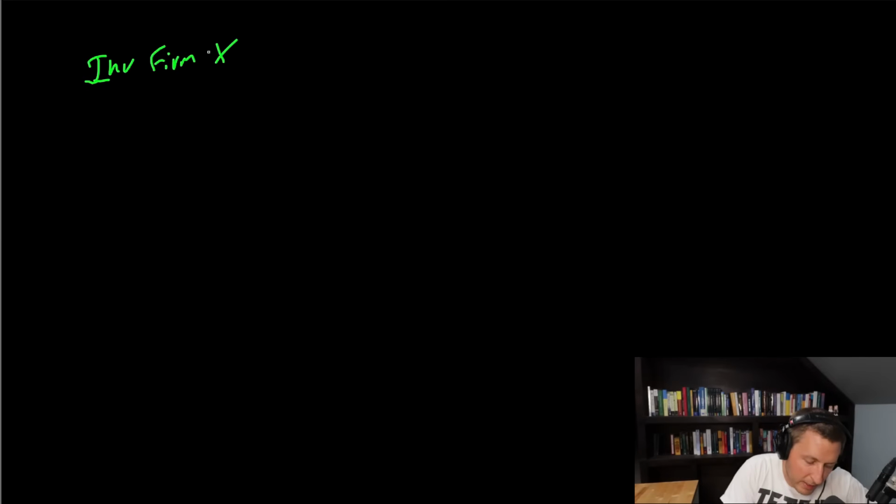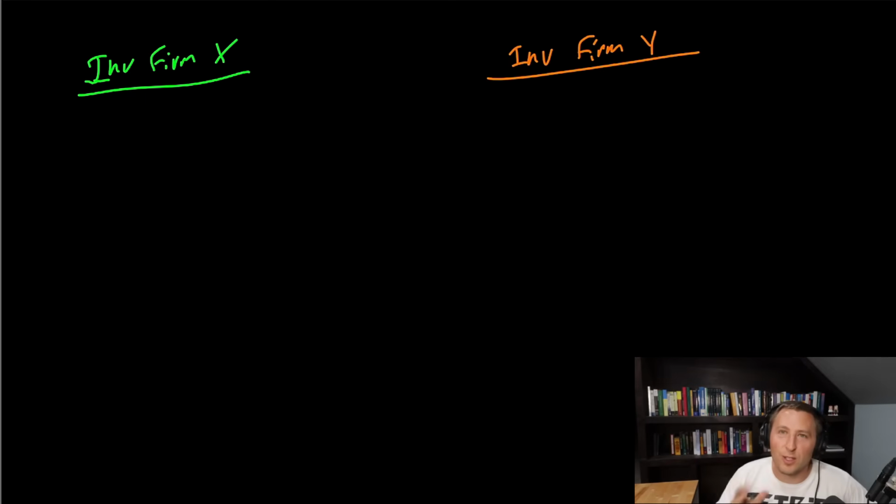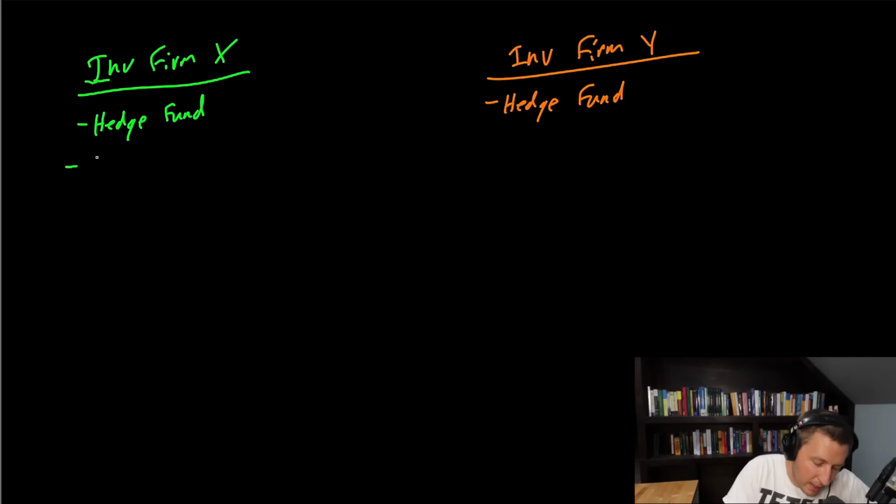Now, when we go into the investing side, we can break this down similarly. So let's say we have investing firm X and we have investing firm Y. Now, again, you're going to look at this too. What is the purpose or design of the fund? Let's just say both funds are going to be hedge funds, just to make this simple. So this is a hedge fund and this is a hedge fund. But let's look at different strategies and things that we're going to be looking at here. Let's say this is going to be a long short. So this fund is able to do both buying and selling, shorting, so the short end of a position.